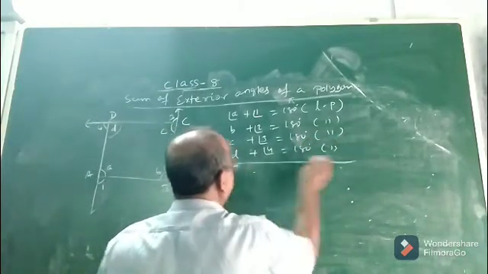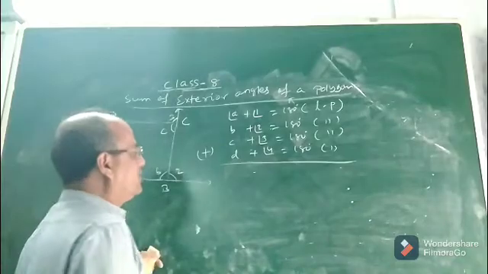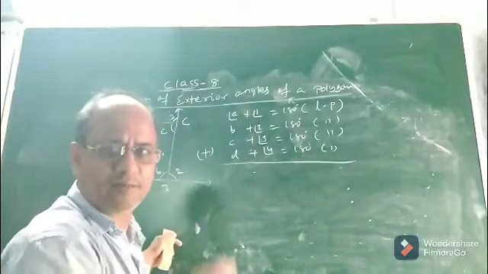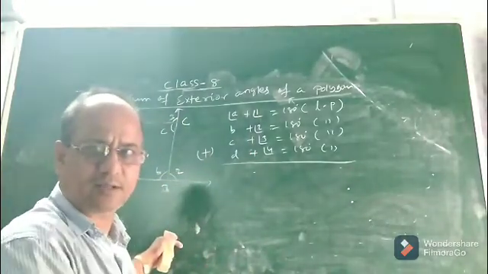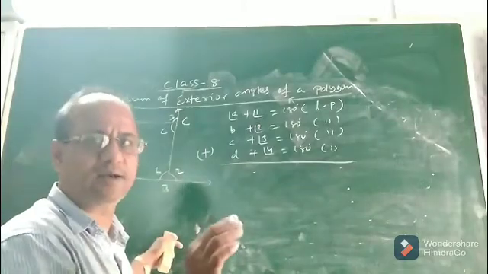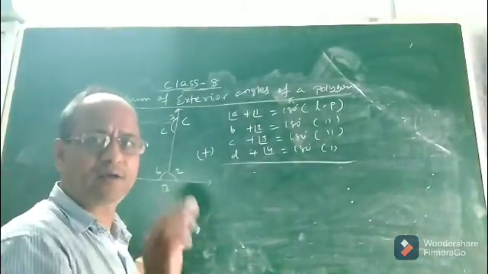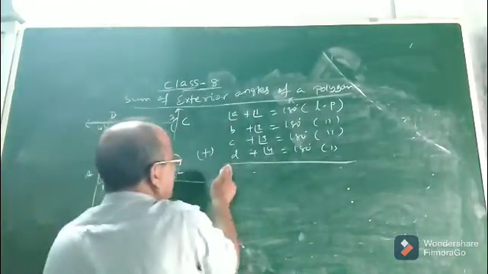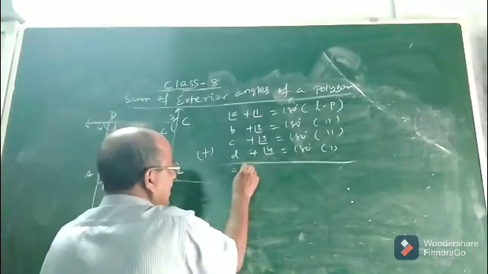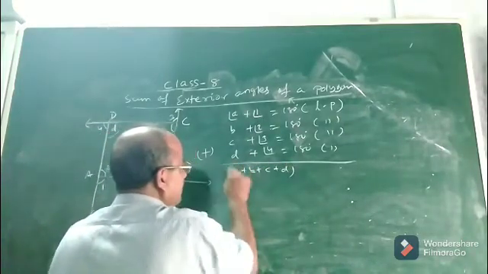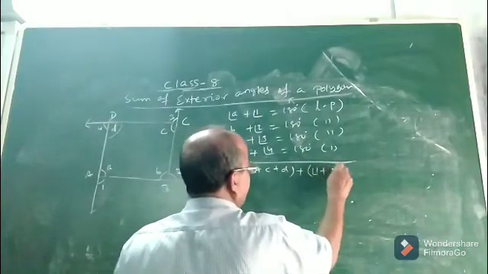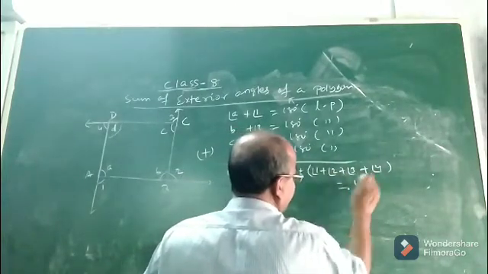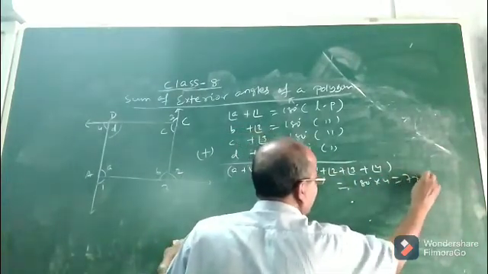Now you add all the 4 equations. If you add all the 4 equations, see, A plus B plus C plus D. These are the 4 interior angles of this quadrilateral, and you know what is their sum. In the previous class we discussed the sum of interior angles of any quadrilateral. The sum of the 4 interior angles of any quadrilateral is always equal to 4 right angles, 360 degrees. So A plus B plus C plus D plus angle 1 plus angle 2 plus angle 3 plus angle 4 is equal to how much? It is 180 into 4, that is 720 degrees.